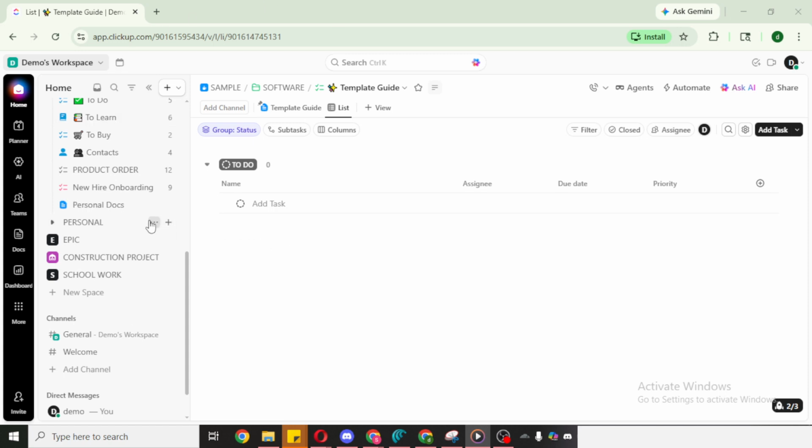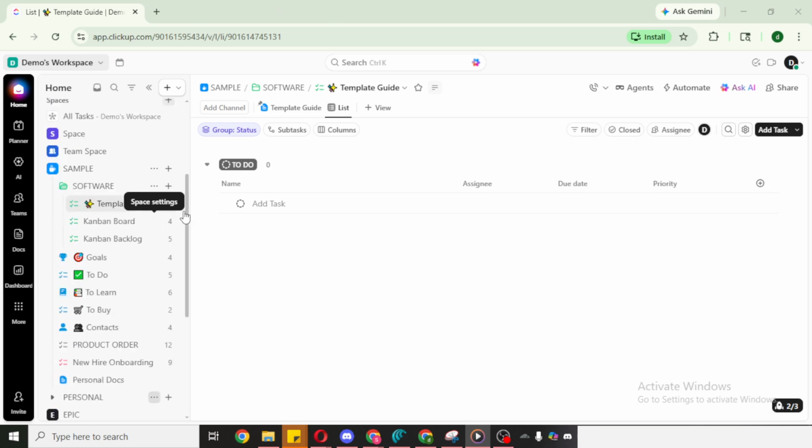First, open your ClickUp account. You can use the desktop app or your web browser. Either way, make sure you're signed in to the workspace that contains the tasks you want to export. Having the right workspace active will keep things organized and ensure you pull the correct data.